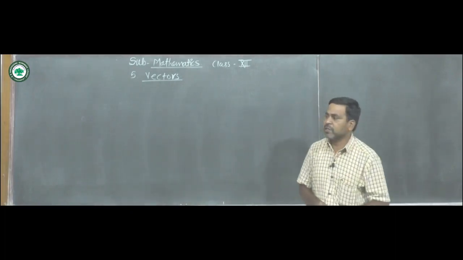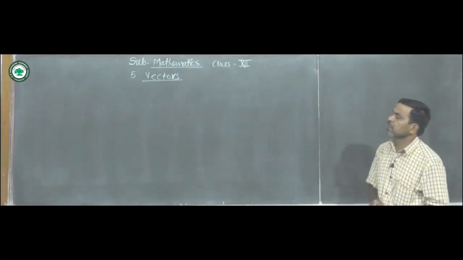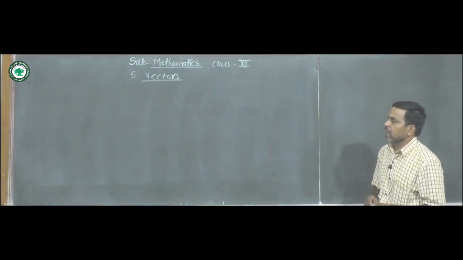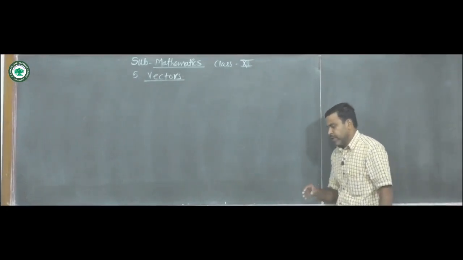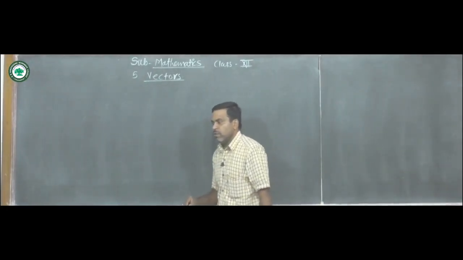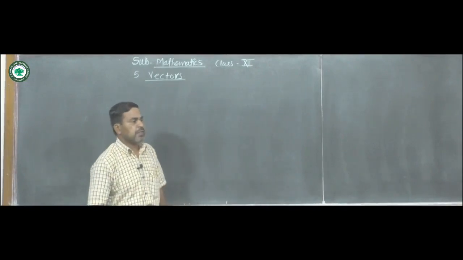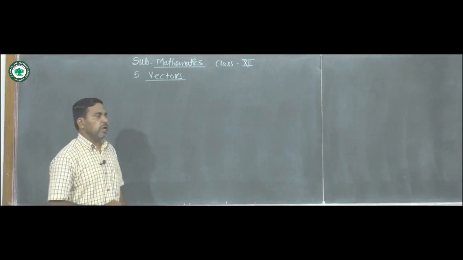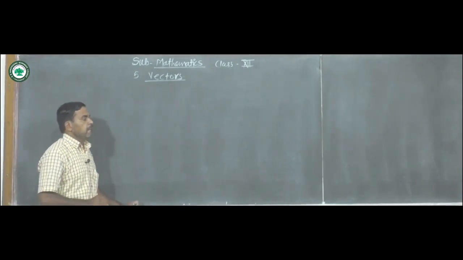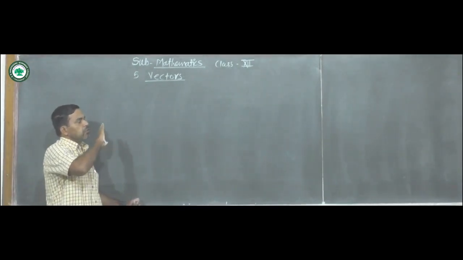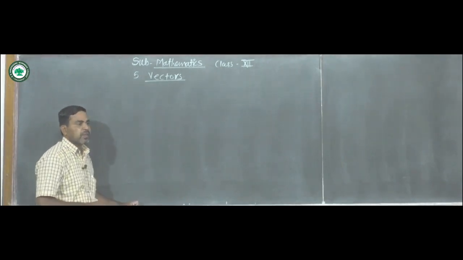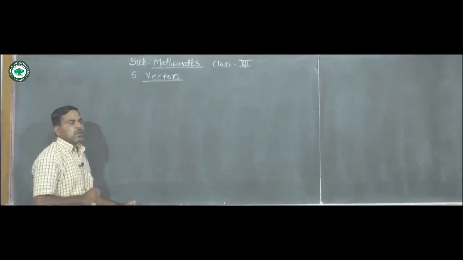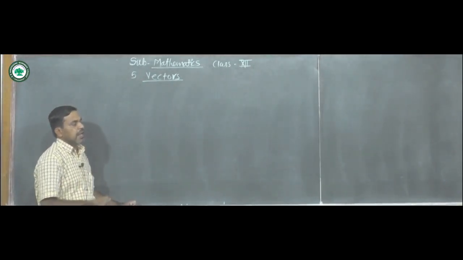In the previous lecture, we have discussed three-dimensional geometry, in which we have studied position vector of a point in the space, distance of that point from origin, distance between two points in the space, or distance of a point in the space from x-axis, y-axis, z-axis.